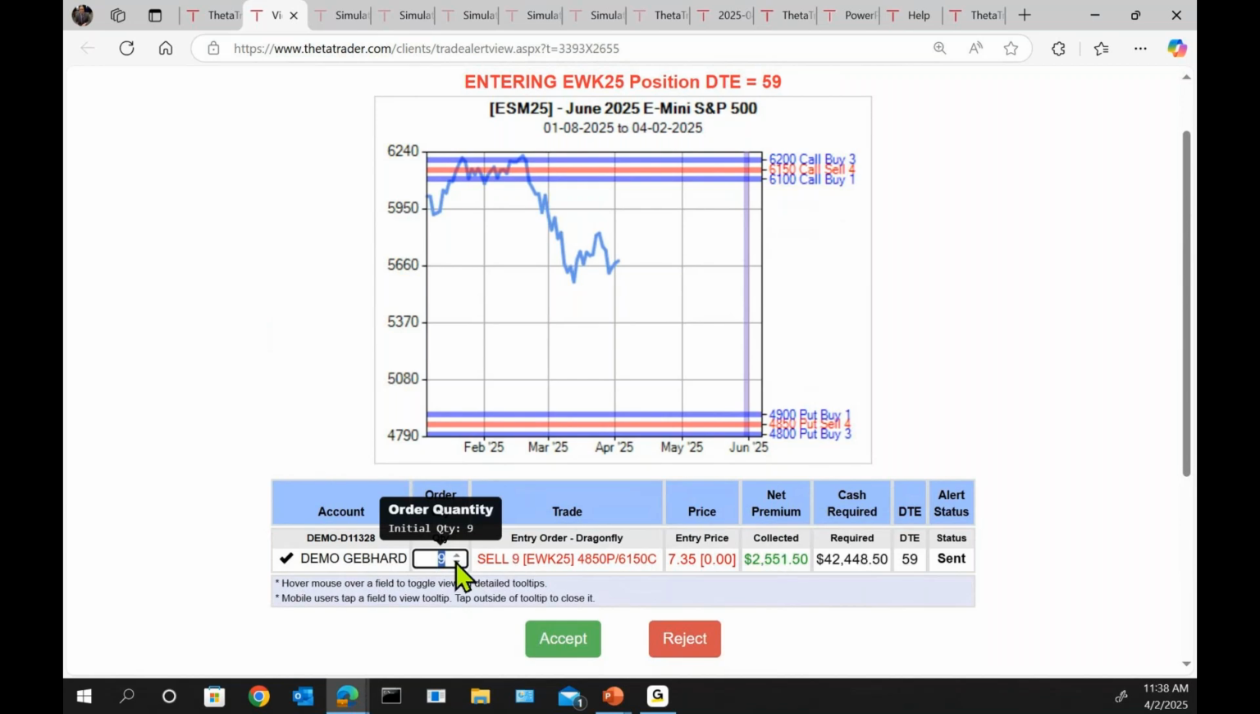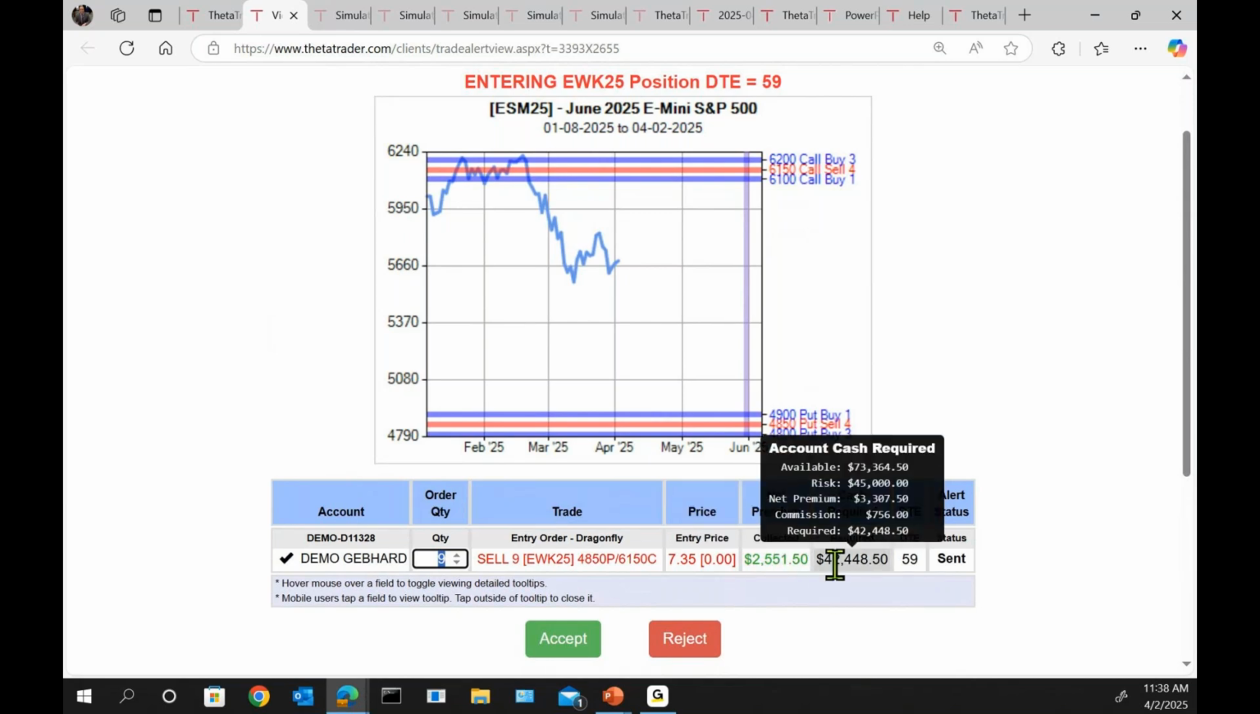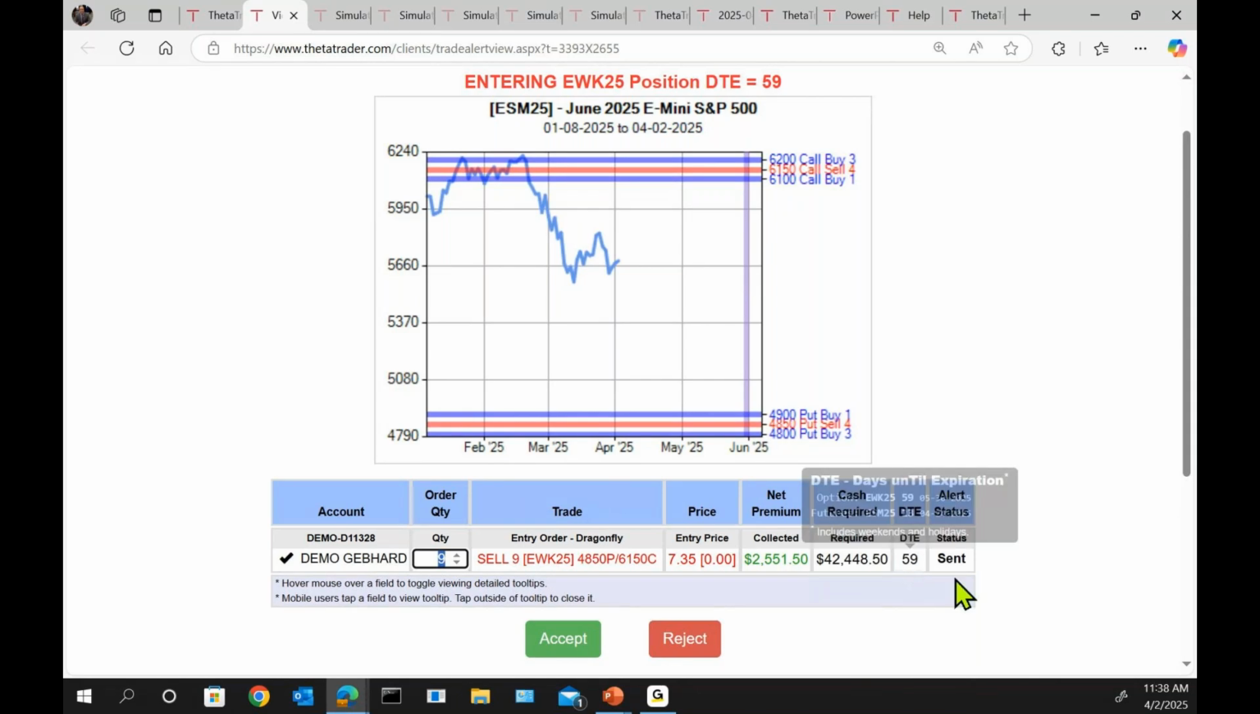So you'll see here as you change the quantity, the premium collected changes. This is the entry price you're trying to receive, the net premium being collected, and that's net of all commissions and everything. This is the cash required for the trade, days till expiration. You can see here